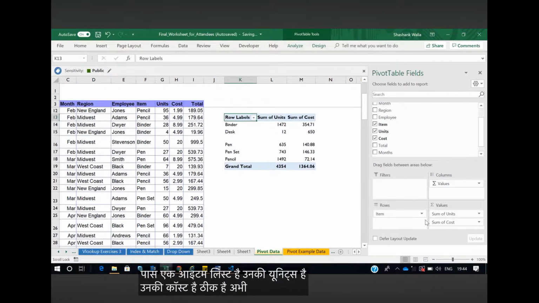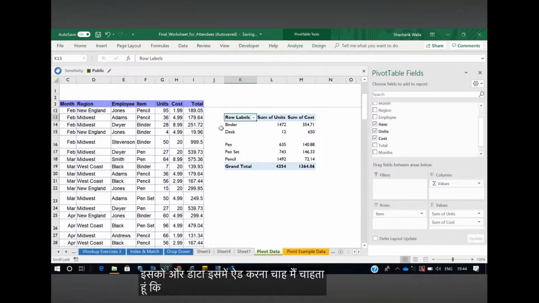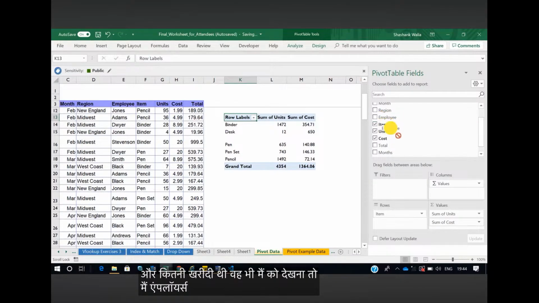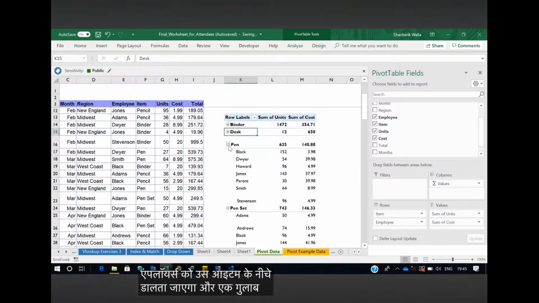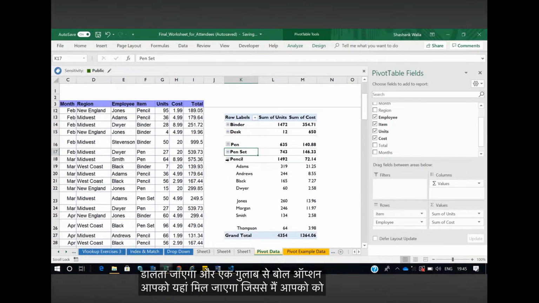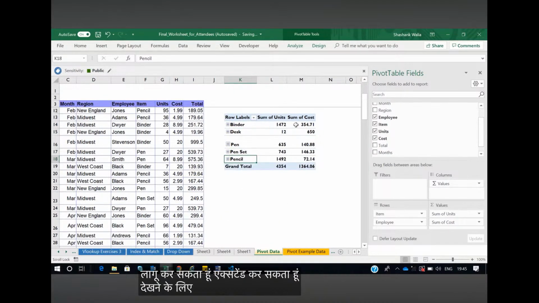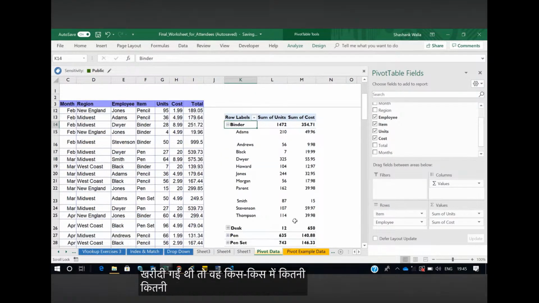अभी मैं थोड़ा सा इसमें और डेटा ऐड करना चाहता हूँ। तो मैं चाहता हूँ कि हर आइटम किस एम्प्लॉय ने खरीदी थी और कितनी खरीदी थी वो भी मेरे को देखना है। तो मैं एम्प्लॉयज़ को उठा के डालूंगा आइटम्स के नीचे, जिससे क्या होगा कि वो उन सभी एम्प्लॉयज़ को उस आइटम के नीचे डालता जाएगा और एक कोलैप्सिबल ऑप्शन मेरे को यहाँ मिल जाएगा जिससे मैं उसको कोलैप्स कर सकता हूँ, एक्सपैंड कर सकता हूँ, देखने के लिए अगर बाइंडर की 1472 आइटम्स खरीदी गई थी तो वो किसने कितनी खरीदी थी, ठीक है।